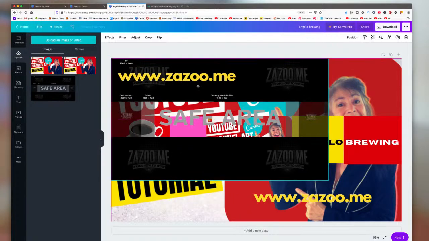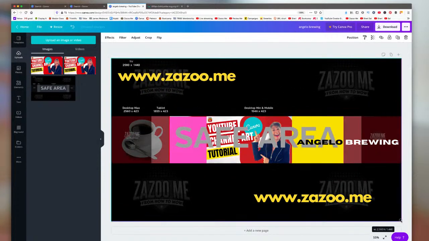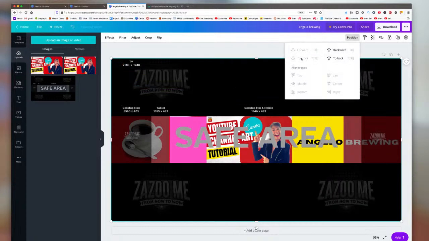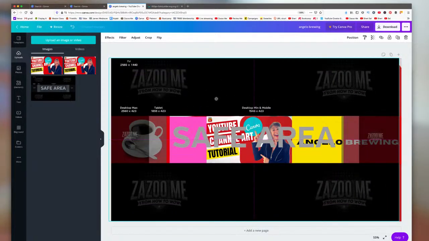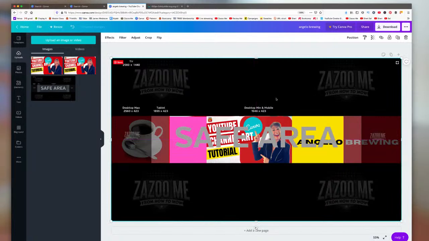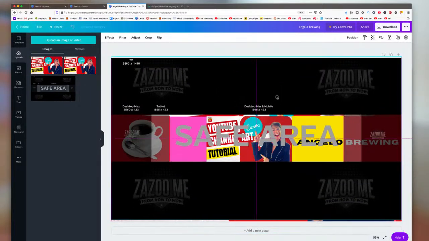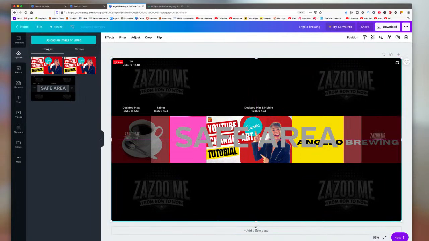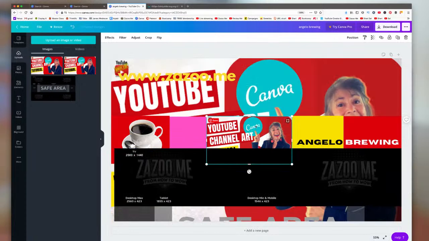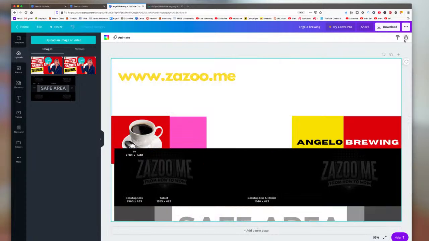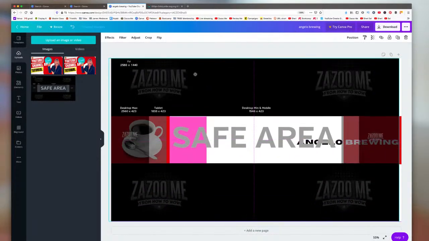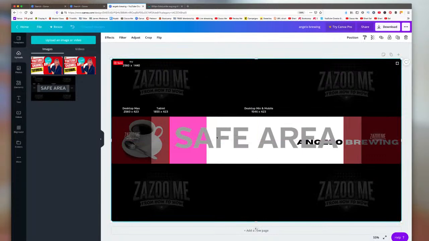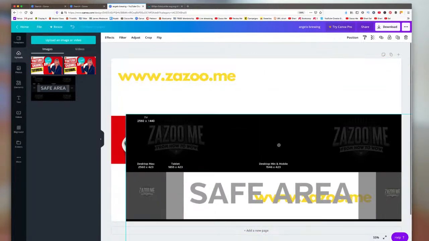So what you do is you drag it to the edge and then you pull it out to fit, and it fits perfectly. And we're going to position that to the front because I want you to see exactly how I've created that safe area. So I made the template with a transparent background around the safe area. And if we delete everything that's here, and I bring you back to just what the safe area looks like, you can see that that white safe area